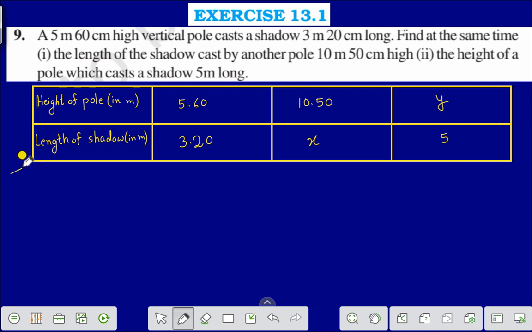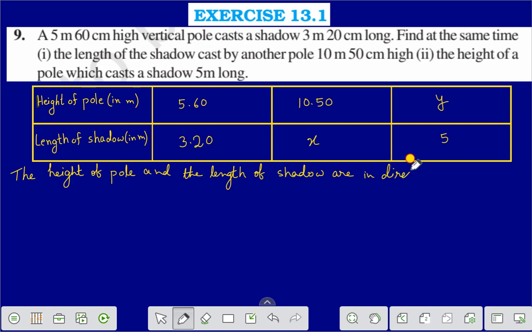Therefore we can write: the height of pole and the length of shadow are in direct proportion. Therefore we can write